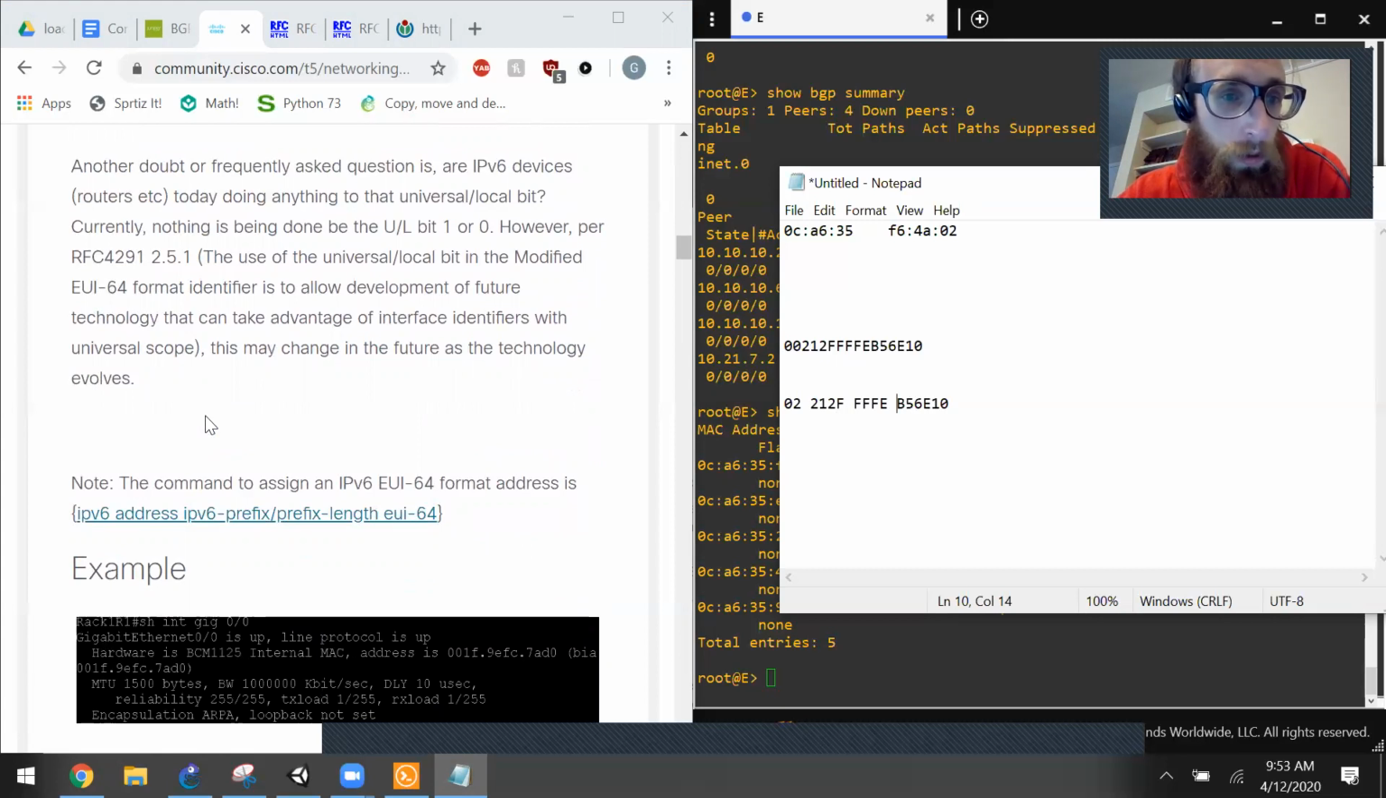Today, are we doing anything to that universal-local bit? Currently, nothing is being done by the U/L bit, 1 or 0. However, per RFC 4291 2.5.1, which we've got open in this other tab and are going to read after this, the